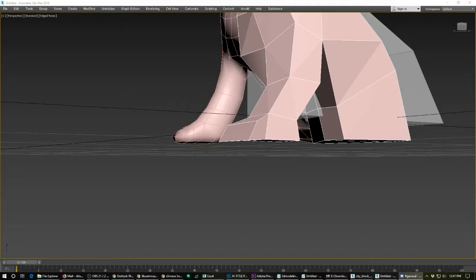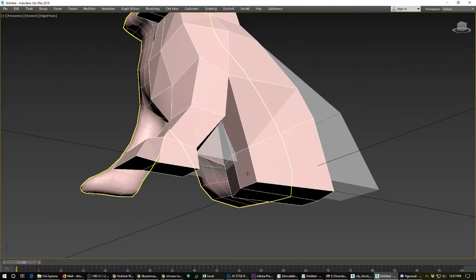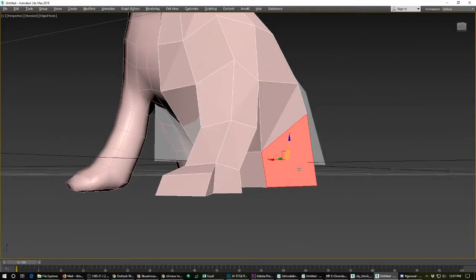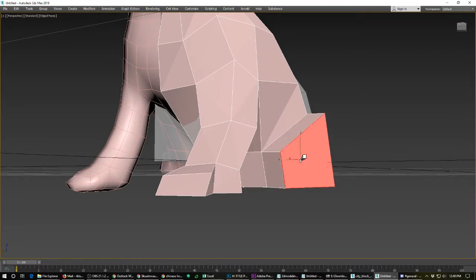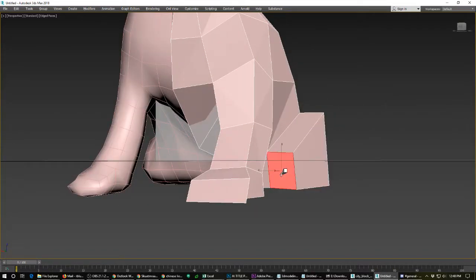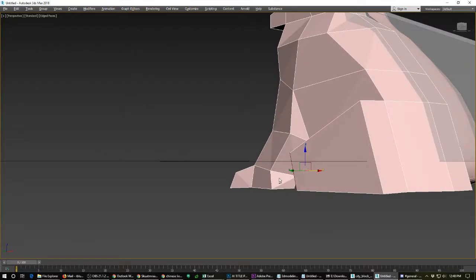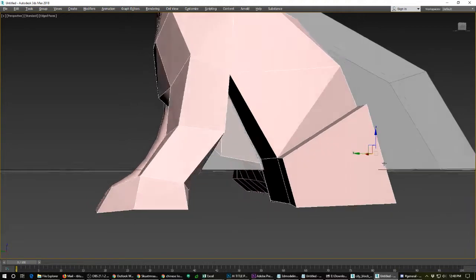Alright. Let's put in some, extrude this outward. I'm going to have to add some geometry in there, but let's move this like so. Grab that, move it over. So that's the kind of butt of my